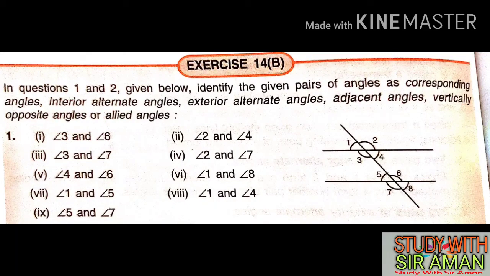Last 9 number 5 and 7, they are together. Whenever two angles are together, they are known as adjacent angle. 5 and 7 are adjacent, 5 and 6 are adjacent, 6 and 8 are adjacent, 7 and 8 are adjacent. So no confusion in adjacent. Now vertically opposite 1 and 4, vertically opposite 2 and 3, vertically opposite 5 and 8, vertically opposite 6 and 7. So one thing I would like to tell you, when you are going to start this exercise, you must revise all the angles, then you start the exercise.